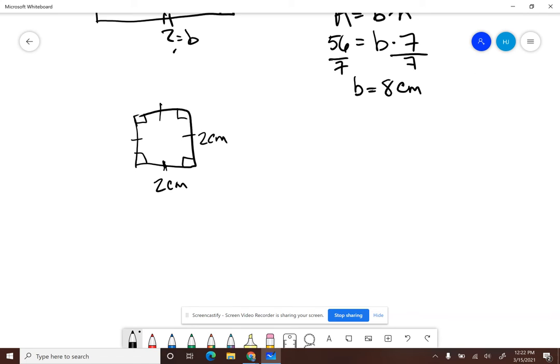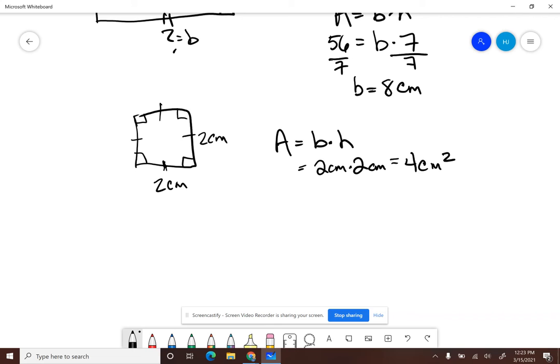So this is going to be 2 centimeters as well. And again, my formula is area equals base times height. So think about what really happens here. I've really got 2 centimeters times 2 centimeters. Well, what ends up happening here is I have 2 times 2, which is 4, and I'm going to have